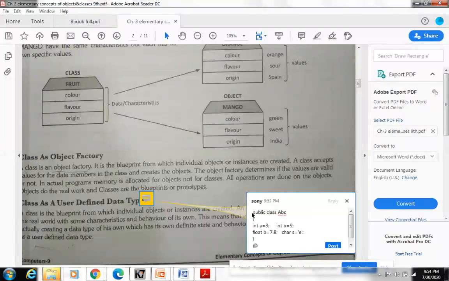So my class ABC has four variables of different types: int, float, char.